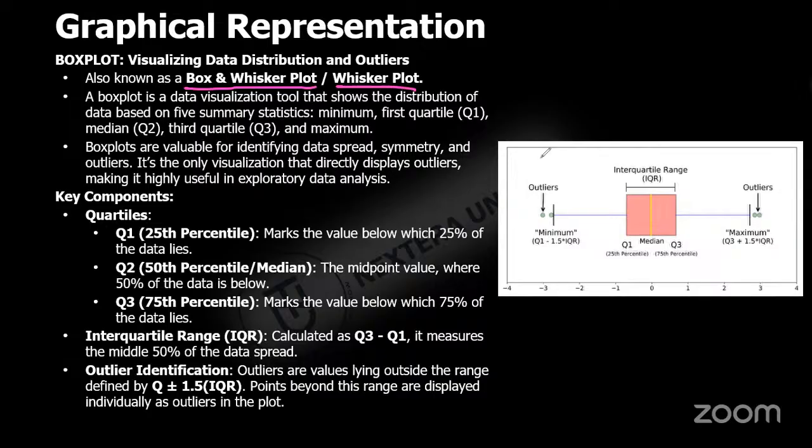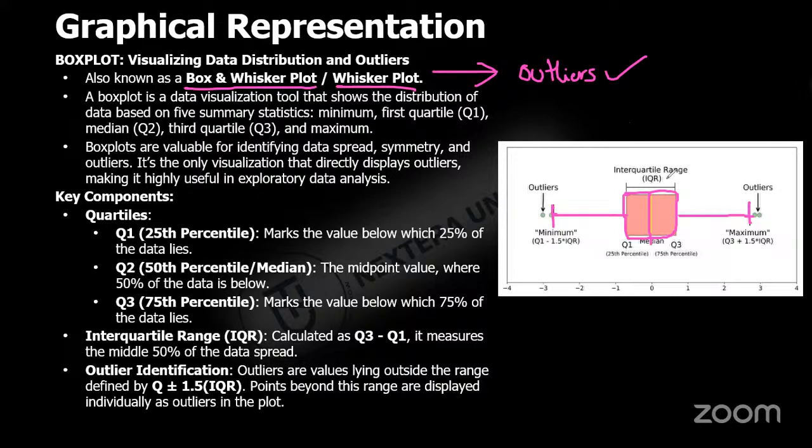Why it is called as box plot is within a box plot you will have a box. That is why it is called as box plot. Why it is named as whisker plot is you will have whiskers. These are called whiskers. Since we have both, it is also called as box and whisker plot. What is the purpose of box plot? The primary purpose of box plot is to talk about outliers. It tells about the presence of outliers. Box plot is the only visualization which tells us the information about the presence of outliers or not.